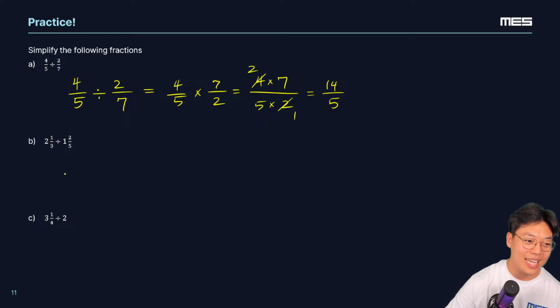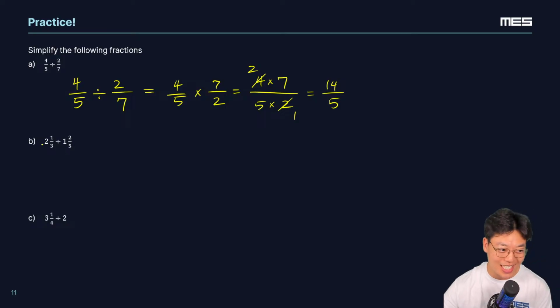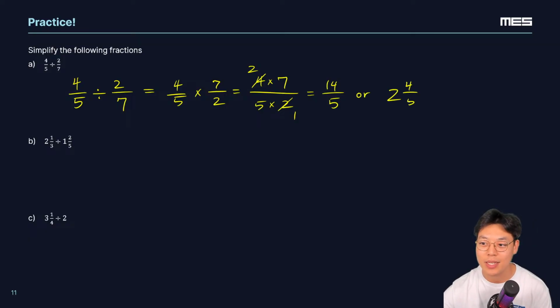Okay, now we have letter B. We've never seen something like this before. Great, Chloe, 14/5. We've never seen something like this before, but we do know from our APK we can rewrite this in some form. Max, great. Chloe, I love that we're using mixed numbers as well. Let's write it as a mixed number as well.